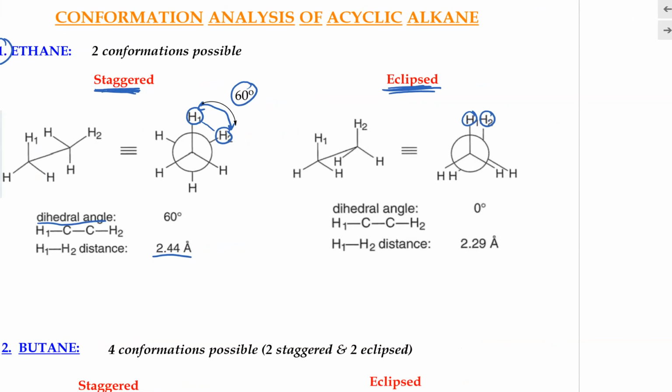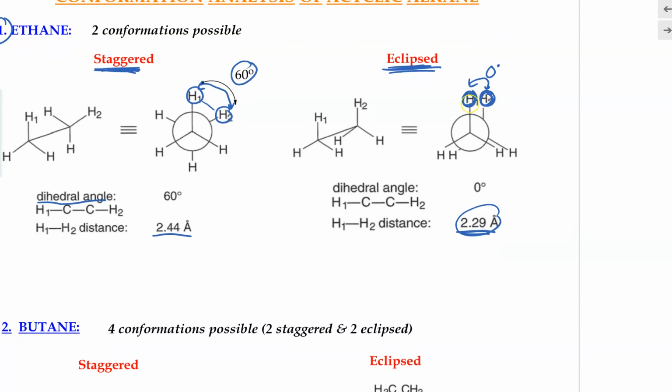Now, when we compare that with the eclipsing conformation, the two hydrogens are basically overlapping on top of each other. So the dihedral angle between these two hydrogens would be 0 degrees. And as for the distance between the two hydrogens, they will now be closer, right? In this case, this has been found to be 2.29 angstrom, which is closer compared to the distance between the two hydrogens seen in the staggered conformation. And now, because these hydrogens are very close to each other, they have steric